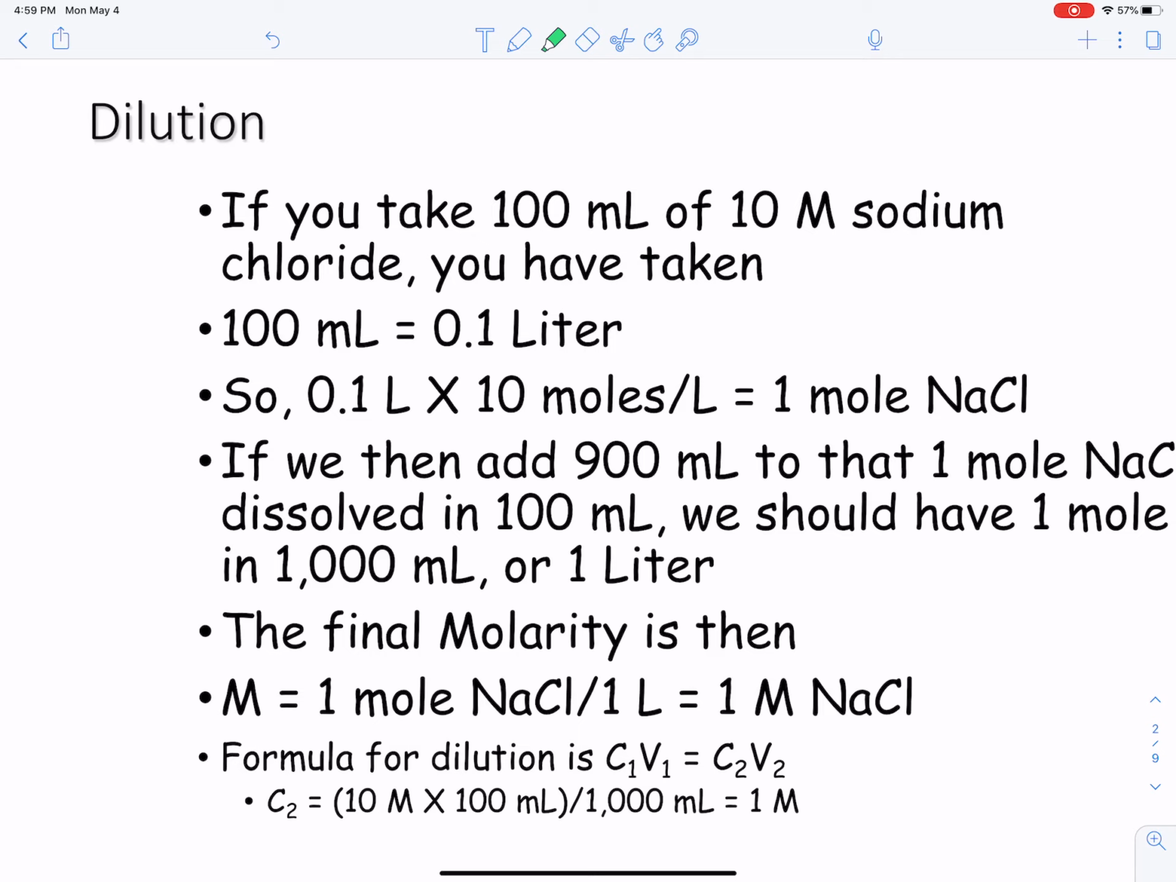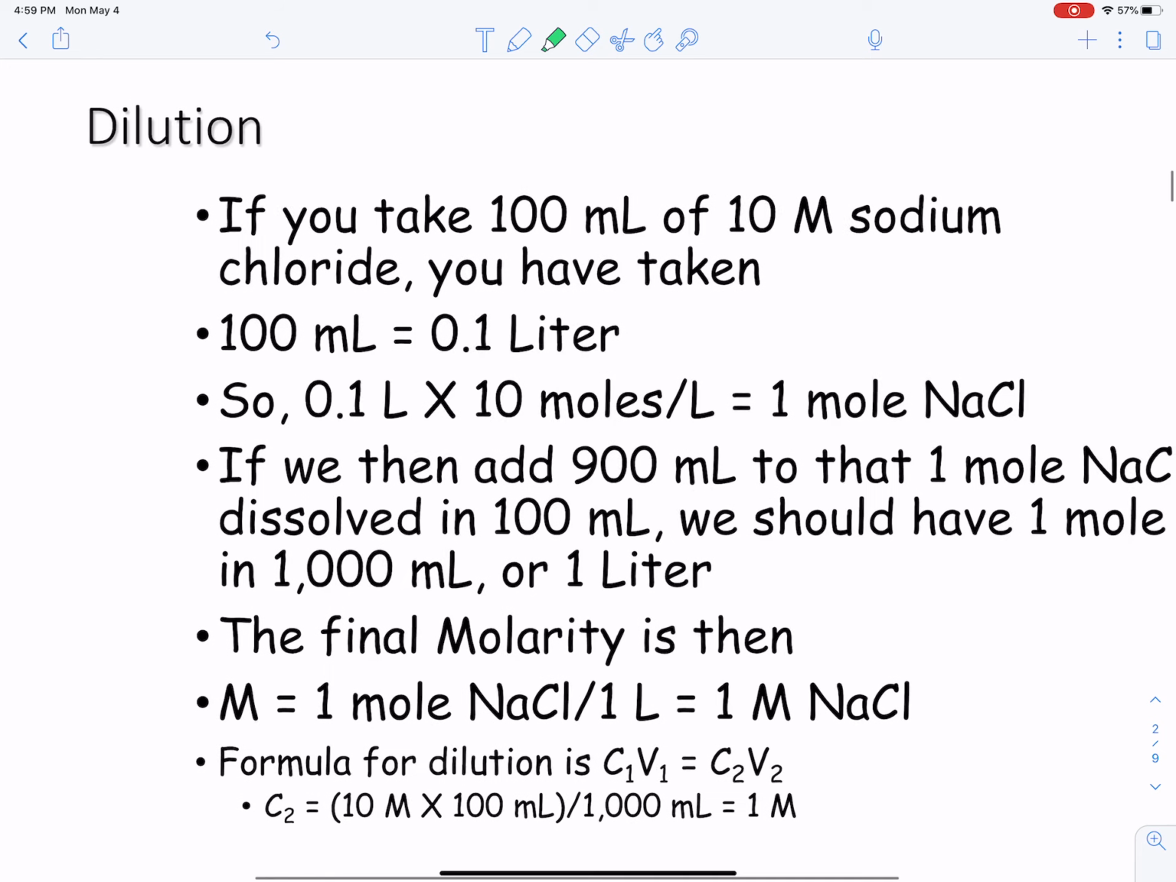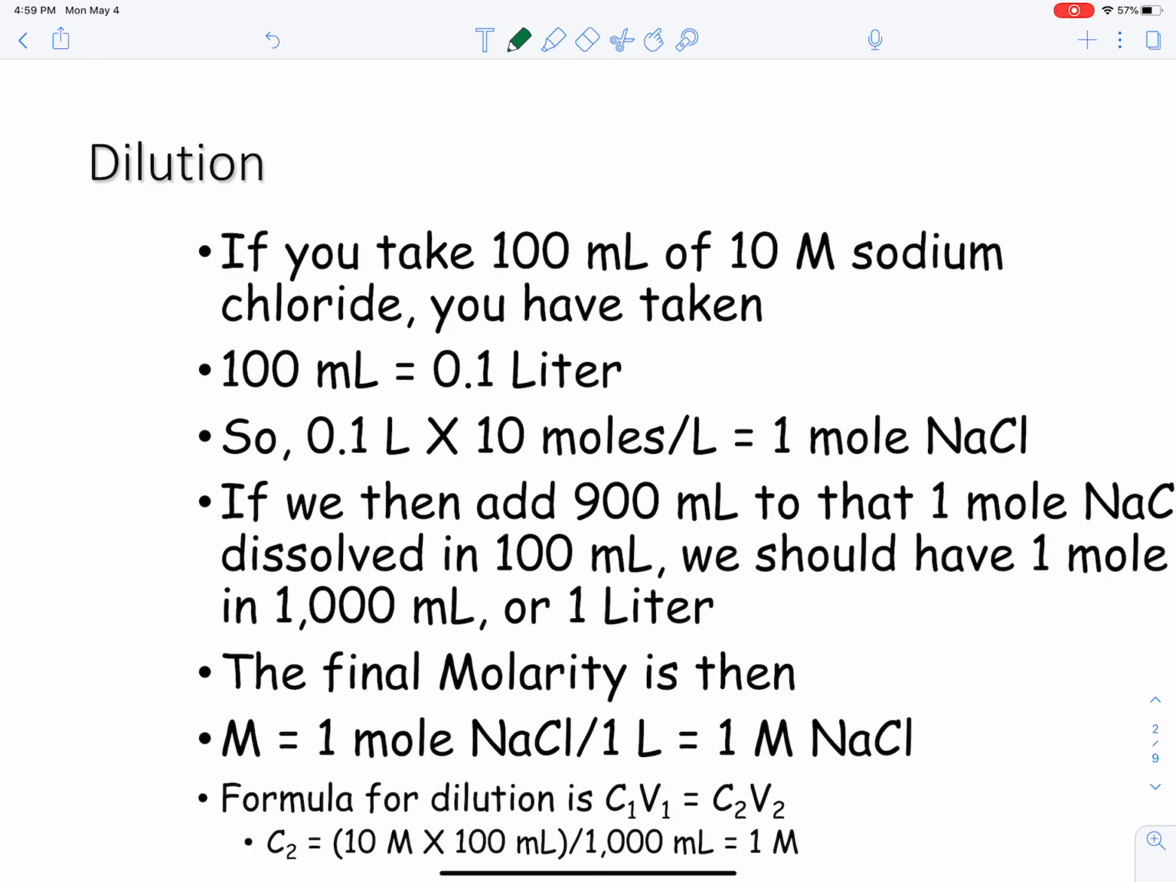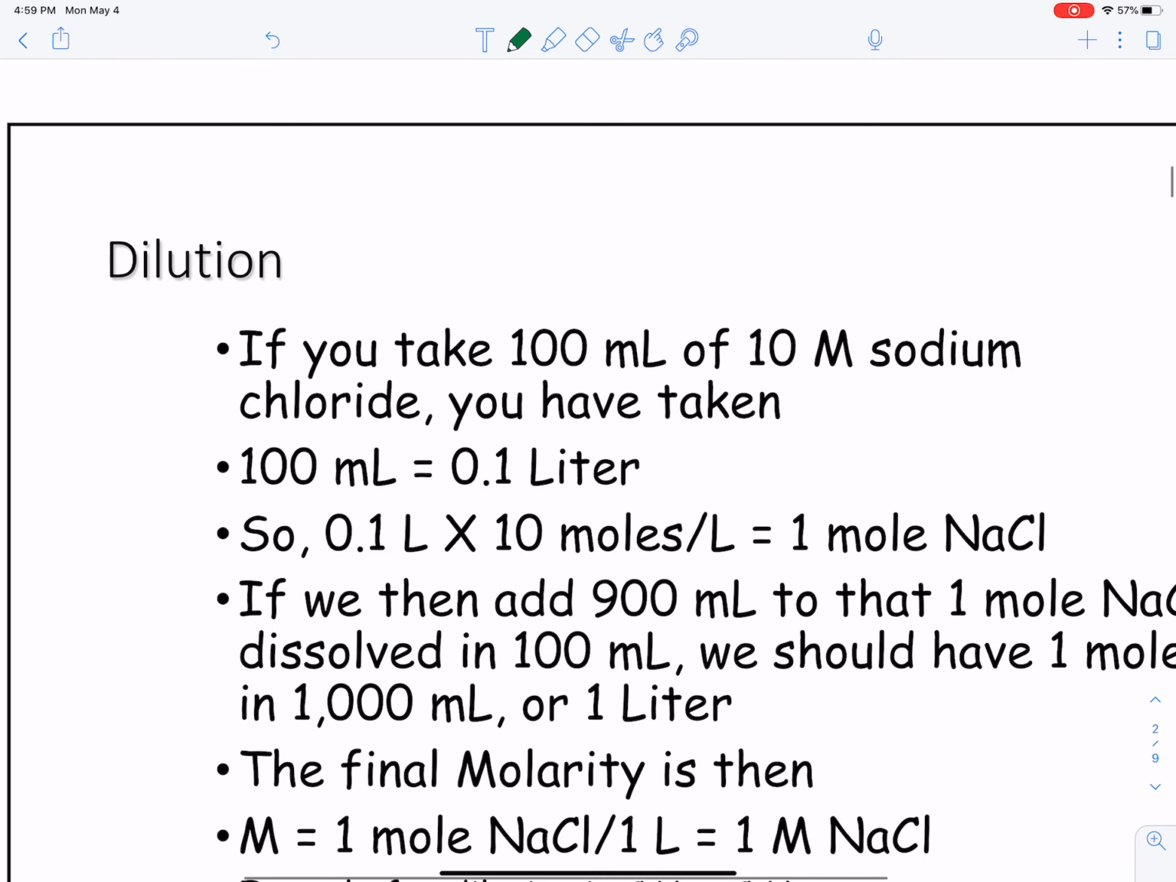There's a lot easier way to do this than this little verbal way of working through it. And that was what I was talking about at the end of the lecture previously. Remember that M1V1 equals M2V2. So initially, if we take 100 milliliters, which is 0.1 liters of 10 molar, so 10 molar times 0.1 liters is equal to,